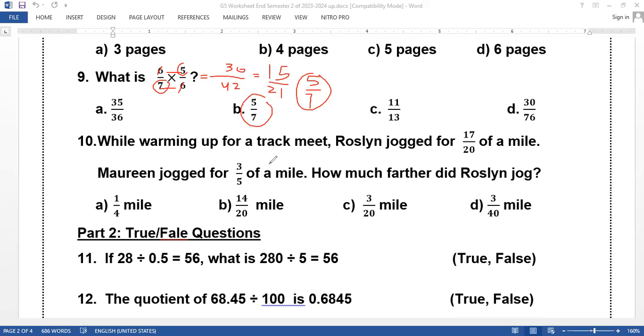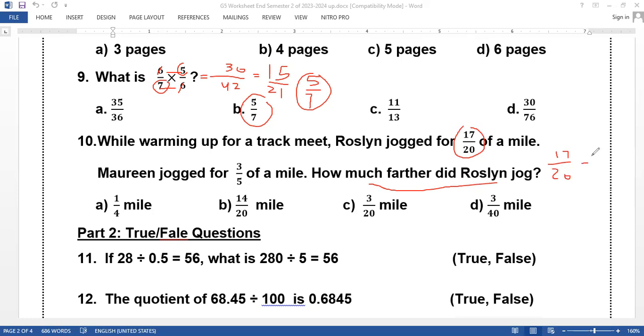While warming up for a track meet, Roslyn jogged 17 over 20 of a mile. Maureen jogged 3 over 4 of a mile. How much further did Roslyn jog? How much further means subtraction. Means what? Subtraction. So I have to subtract to know how much further, because I want to know the difference between them. So 17 over 20